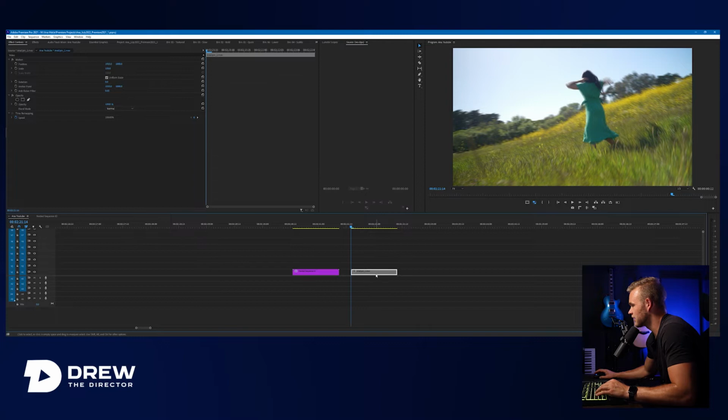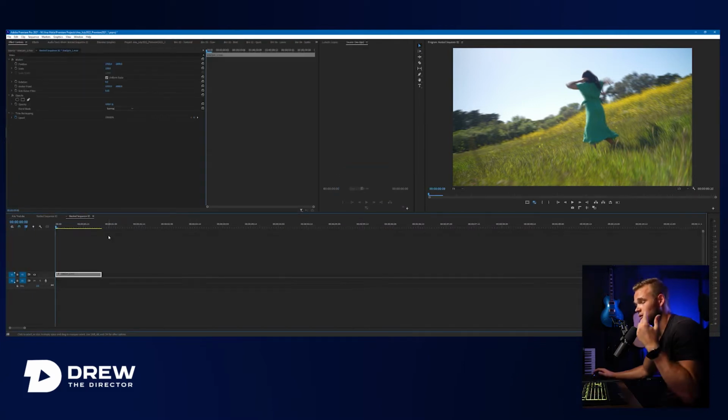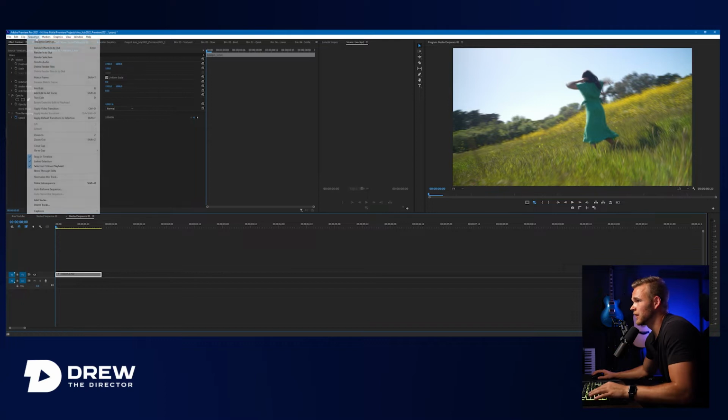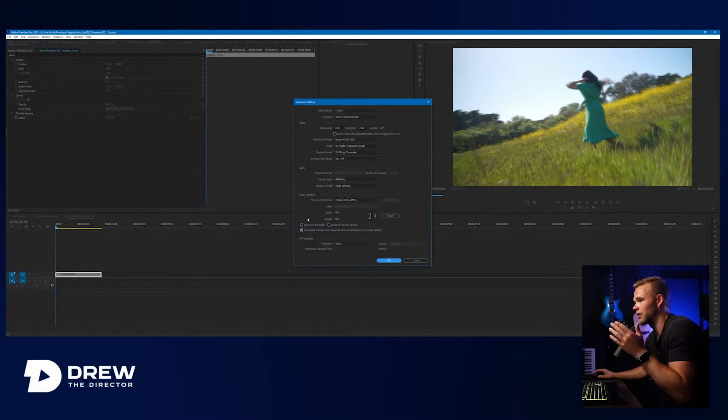So first off, we're gonna take our clip, right click, nest. I always use keyboard shortcuts. I've set mine to N. Immediately nest it, hit okay. We hop into the nest. So our nested sequence is the exact same resolution size as our original sequence, 4K 3840 by 2160 or whatever,